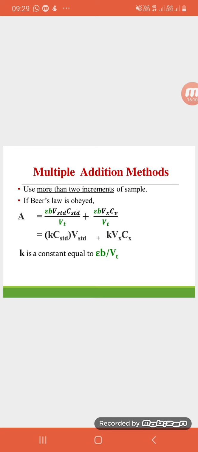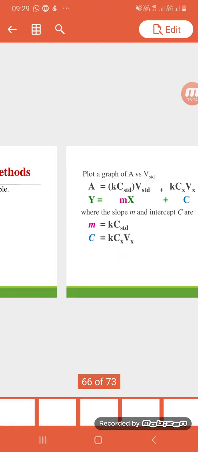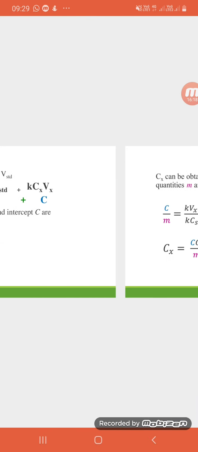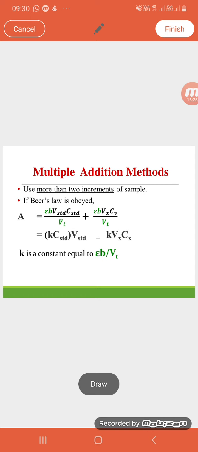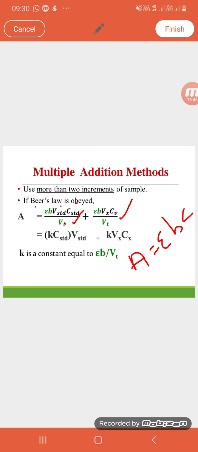Okay, then for the multiple addition method, use more than 2 increments of sample. So this time we need to plot a graph because the sample is more than 2. This time we use Beer's law. Beer's law: A equals epsilon b C, right? So epsilon, b and C. So we add with standard over Vt. This one is for standard, this one for our unknown sample. So k is a constant equal to epsilon b over Vt. So we substitute this and simplify. We'll have k Cstandard times Vstandard plus k Vx